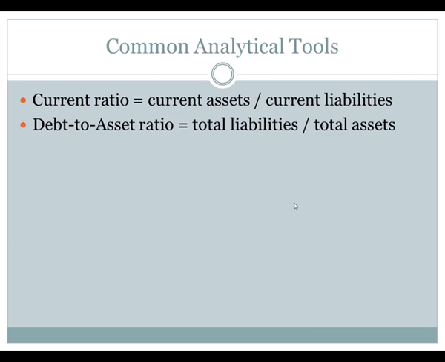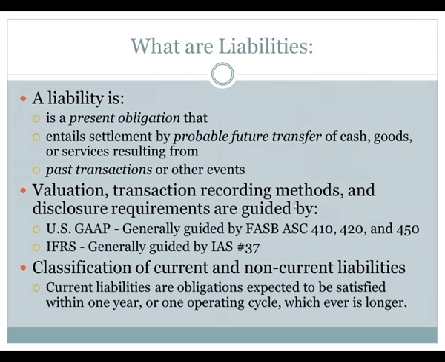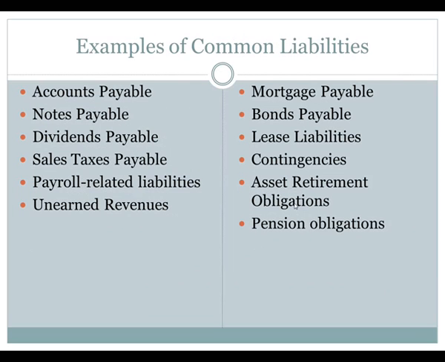So that is a very quick, brief overview of liabilities. You have a definition. We have a little bit in terms of the standards, both US GAAP and IFRS standards that relate to the valuation and measurement and disclosure of liabilities. We have a little bit in terms of the classification of current and non-current liabilities on the balance sheet. And then we have an overview of the examples of common types of liabilities that we'll expect to see